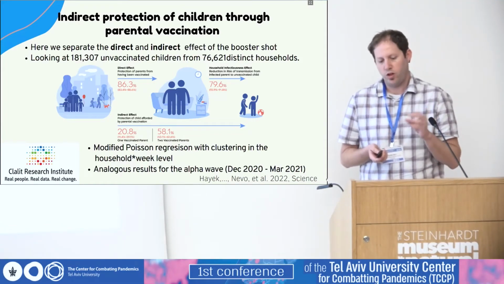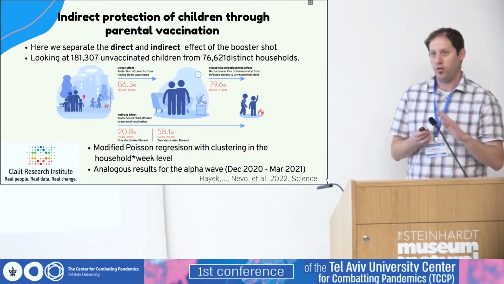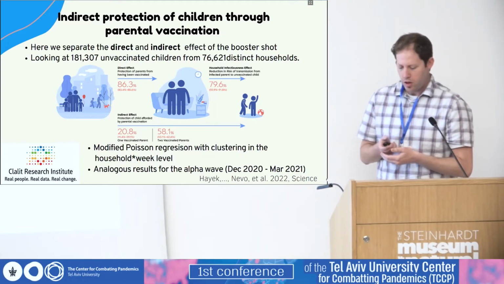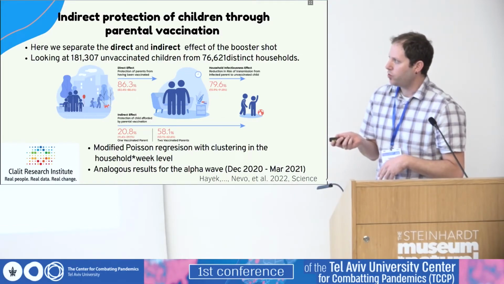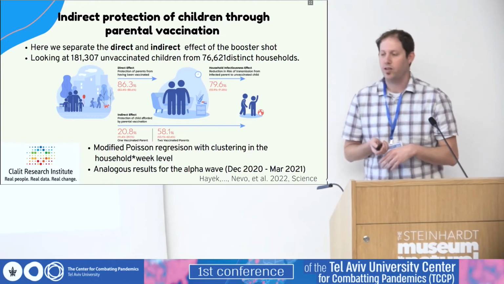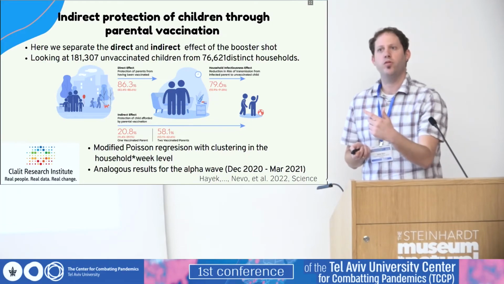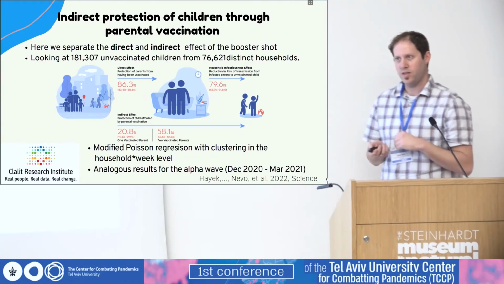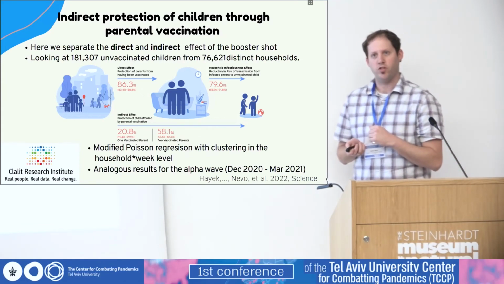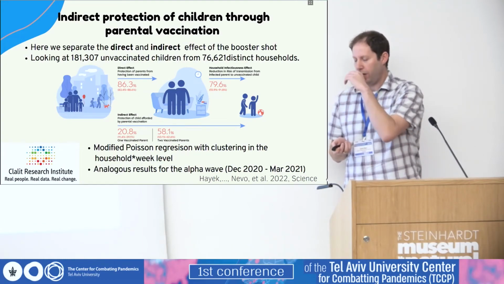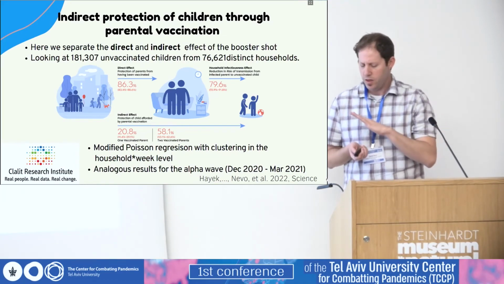What we saw first was that there is a direct effect, about 86%. This is the usual direct effect that was published in other studies as well. It was comparable to other studies. But we also saw a really significant indirect effect, and not only in the statistical sense, which is a reserved word. A child with 1 vaccinated parent had 20% more protection, so 20% less likely to get the disease, whereas a household with 2 vaccinated parents gave 60% protection, which means that when 2 parents were vaccinated, they gave really serious protection to their children.